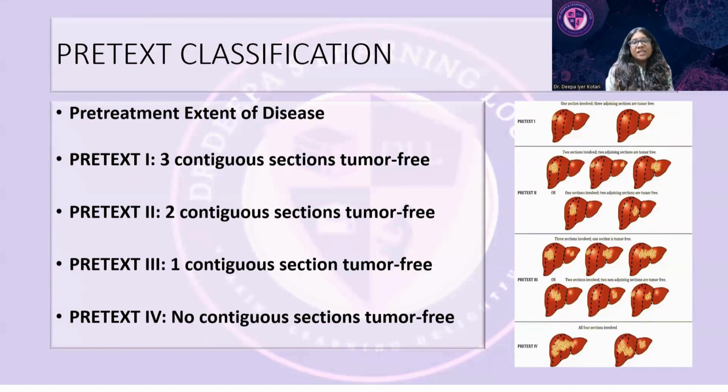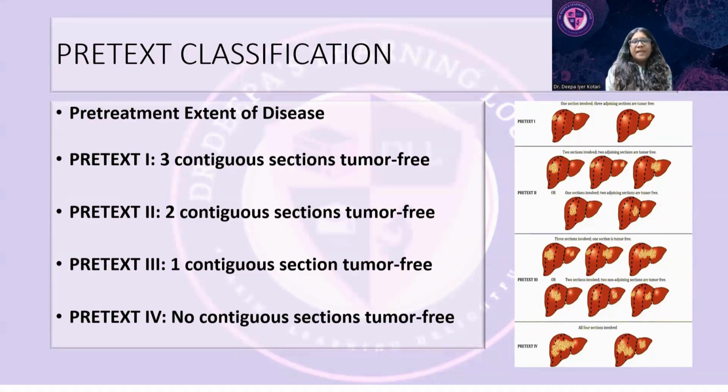PRETEXT stands for pre-treatment extent of the disease, and this is radiological staging that can be given on a CT, supported by sections of the corresponding areas by histology. It is primarily an anatomic system used to assess the extent of liver involvement, which helps to determine the surgical approach. The simplest way to determine this is to count how many contiguous liver sections remain free from the